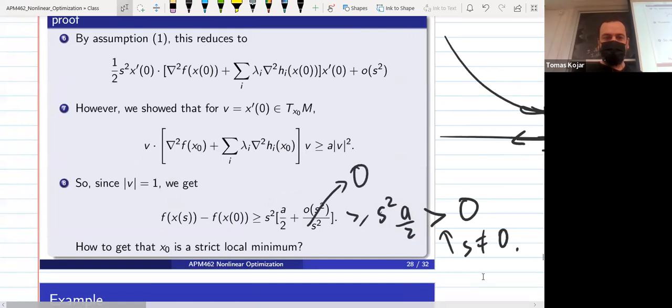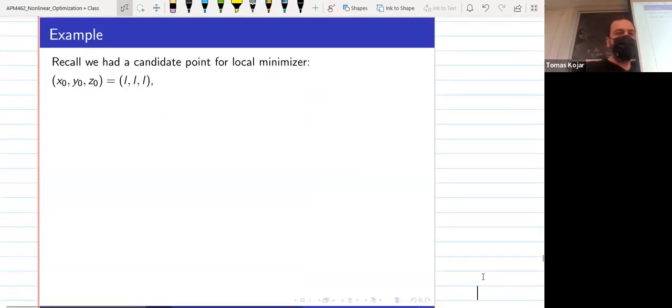So do I have an example? We don't have time. I'll do it next time. So I will prove to you that the unit cube is the perfect box for Bezos. Okay, I'll see you next time.